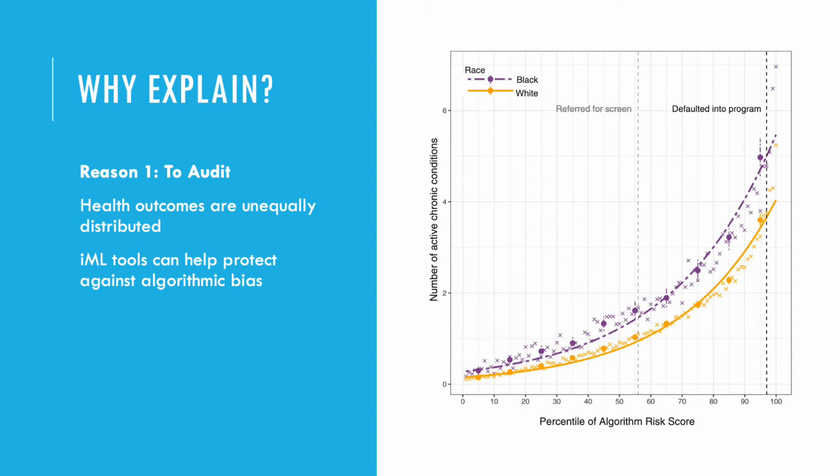So IML tools can potentially protect against this algorithmic bias by identifying it, finding out if sensitive attributes are what is driving predictions in a lot of cases, and even mitigating against it. And this may have legal force, by the way. At least in Europe, the 2018 GDPR, this is a subject of some debate among legal scholars, but it may include language giving a right to explanation, a legal right for all data subjects. And I think we're seeing similar regulatory frameworks gaining popularity in other jurisdictions as well.